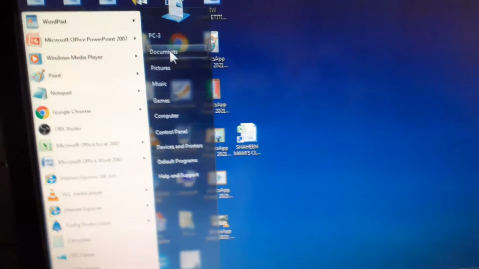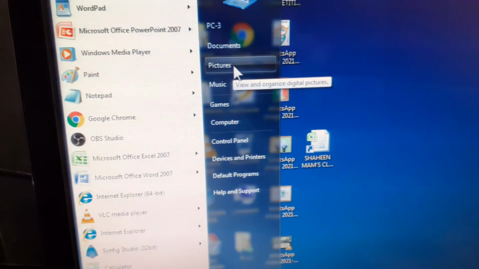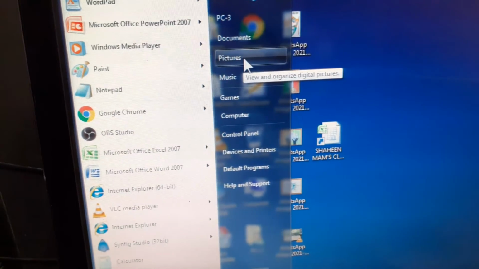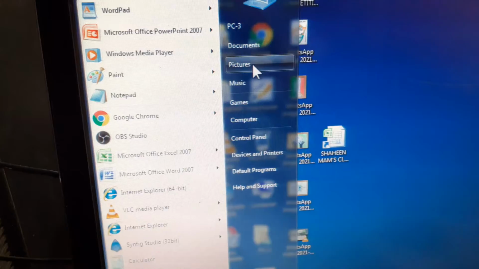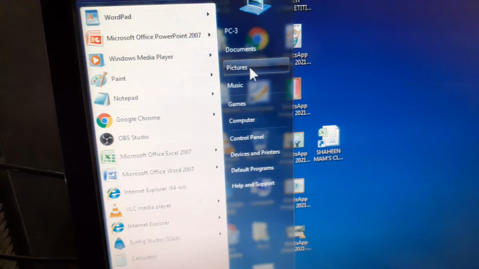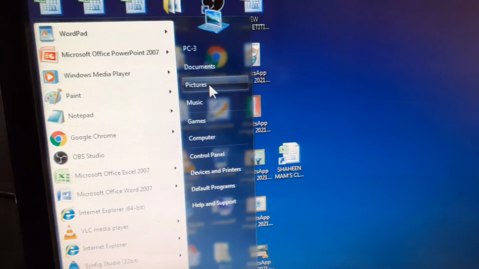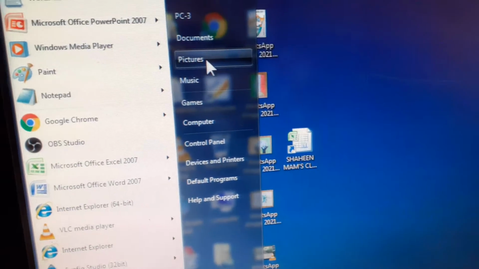Then after, pictures library, okay, what is it? It will store and organize all pictures such as photographs, images from your camera, scanner, email, etc. Right children? So it will store and organize all pictures.